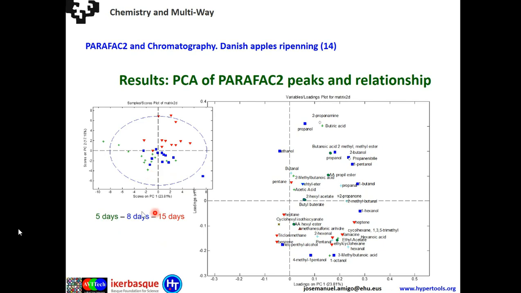Not only that, we were able to see the differences between the different days in which the apples were ripened, like between 5, 8, and 15 days, and there was this evolution in the scores, okay? And look what happened here, because it's really nice to see that this evolution corresponds to different molecules that have been created while the apples are being ripened. So basically, they are growing in ethanol, propanol, butanol, pentanol alcohols, okay, and other heavier elements, like esters and things like that. They are actually only in the 5 and 8 days. So with PARAFAC2,